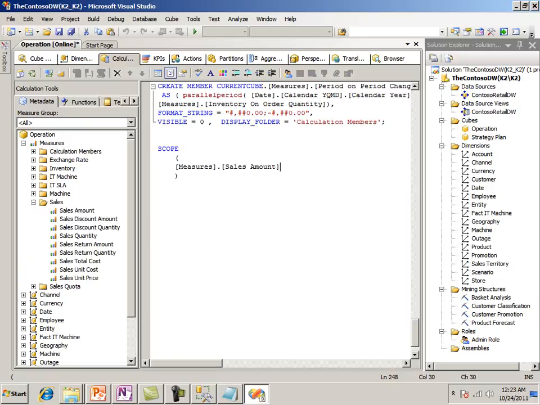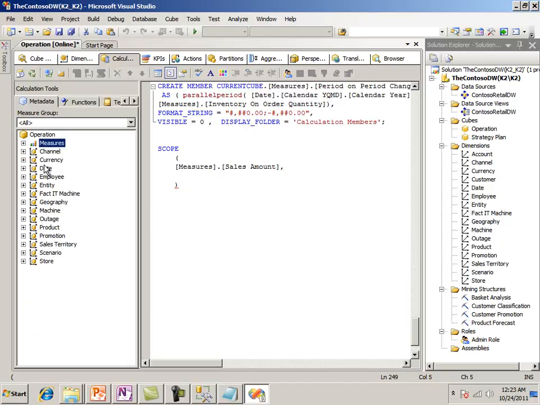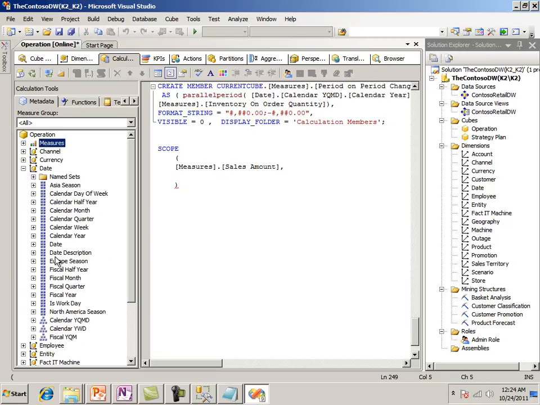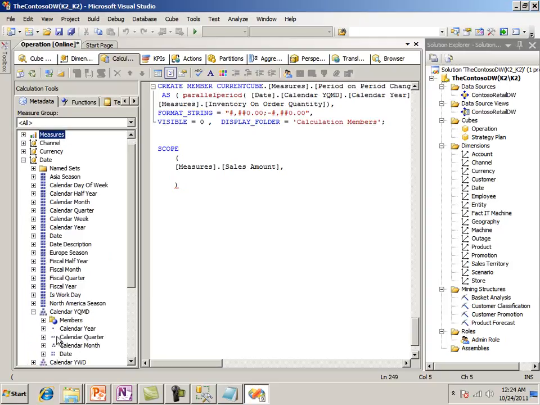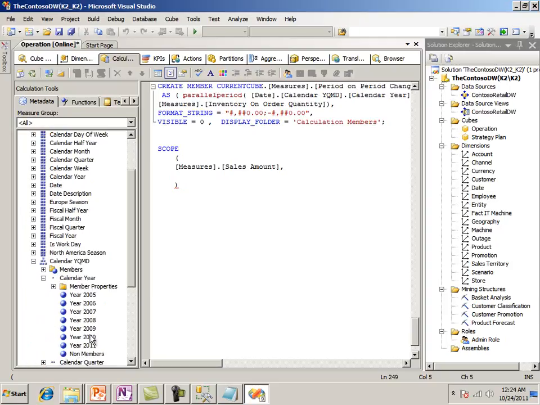And we are talking about calendar year 2010. For this scope, semicolon, and then this equal to